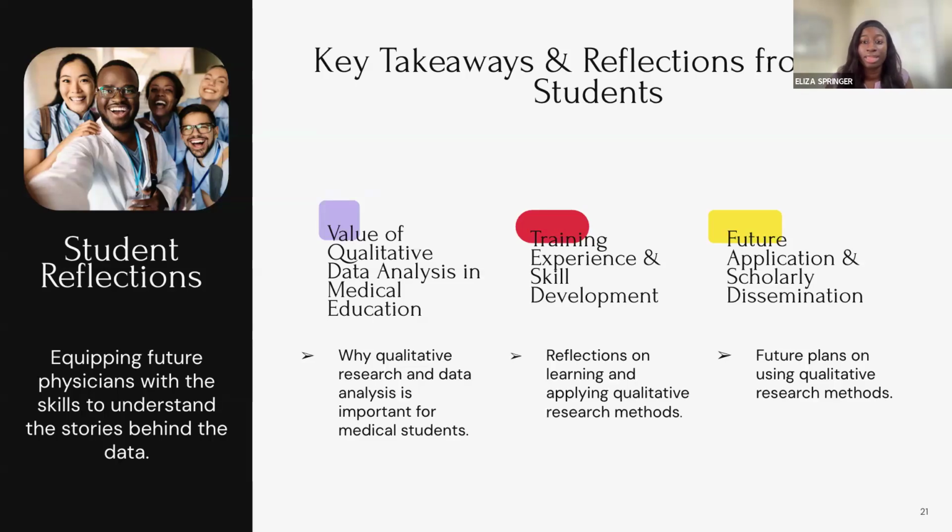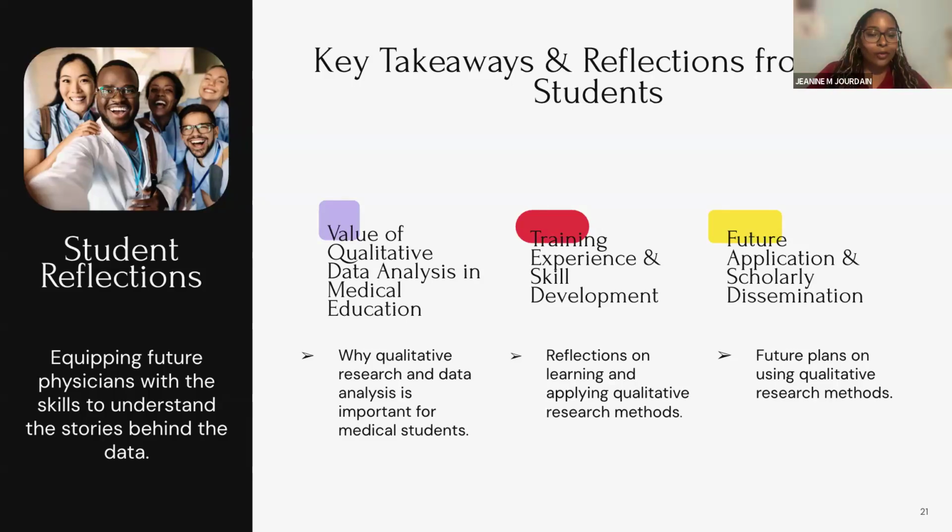Overall, I think that this type of research and having exposure to it as a medical student is invaluable because medicine is ultimately centered around people, not just diagnoses and outcomes. As future physicians, we're going to be interviewing and caring for patients from many different backgrounds, and being able to listen carefully, recognize patterns in patient narratives, and understand the social context behind the health outcomes is just as important in making us better physicians.